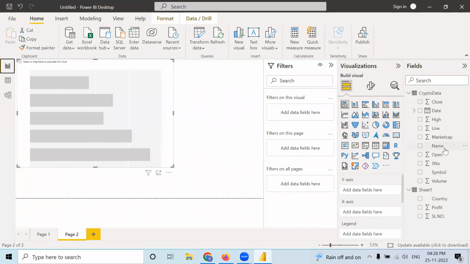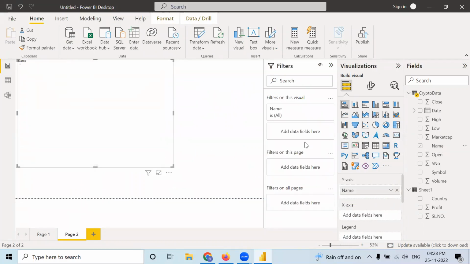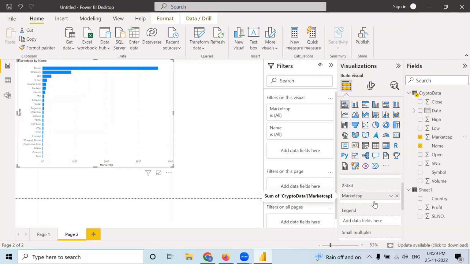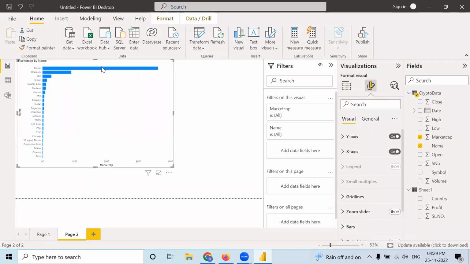Okay, if we are making a simple horizontal bar chart out of it regarding high or market cap, we can take market cap. So this is the particular thing. By default, when we move our cursor over there, we can see something in black color coming. This is actually called the tooltip. And here, if you want to change the number, whatever the big value is coming,